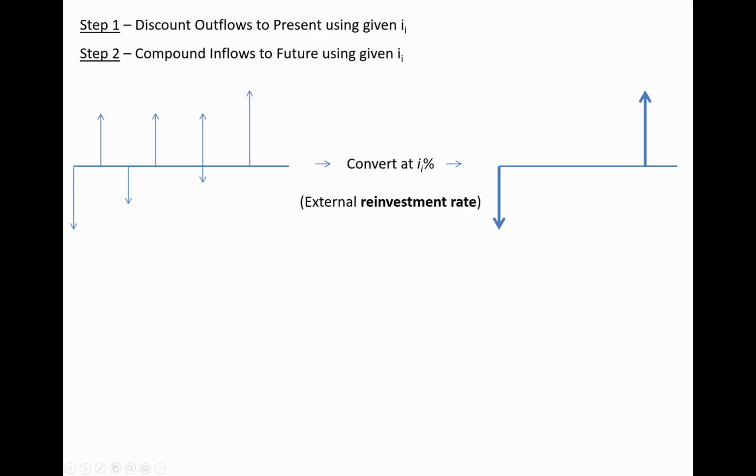So hopefully so far you're thinking, oh, this is pretty easy. I don't know why he's going on and on about how complicated it is. Because we're halfway there. I mean, if you're following me so far, I think you're going to make it. All right, so this warning. If there's both an inflow and an outflow in the same year, only the net amount gets moved either to the future or to the present.